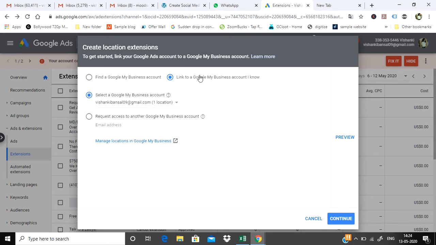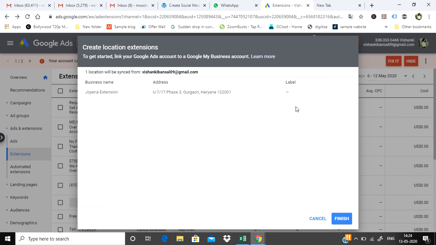So you need to link a Google Business account because you have created one using the same email address. Here it will give you an option of the same email address. I will choose the email address and continue.